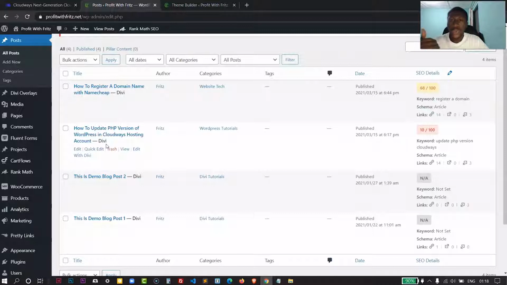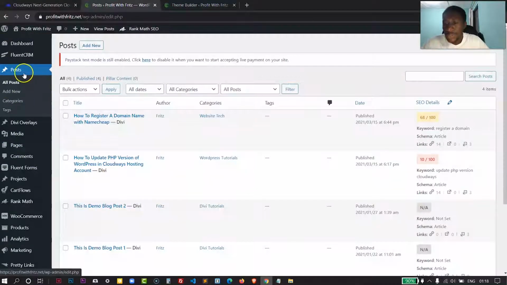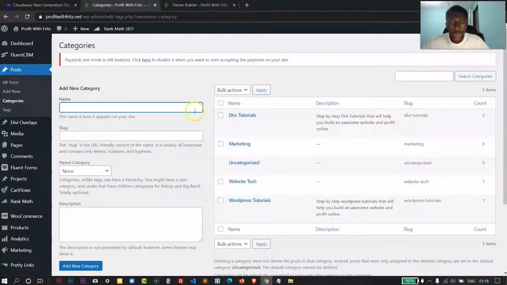All right, so in order for you to create categories in your website, you would go to, on the left hand menu, under posts, you go to categories. And so over here you can create a new category. Just for demonstration purposes, I'm going to create a new category. Let me just call it